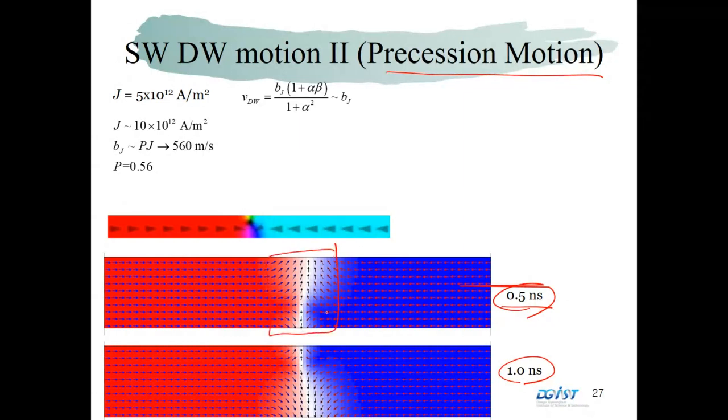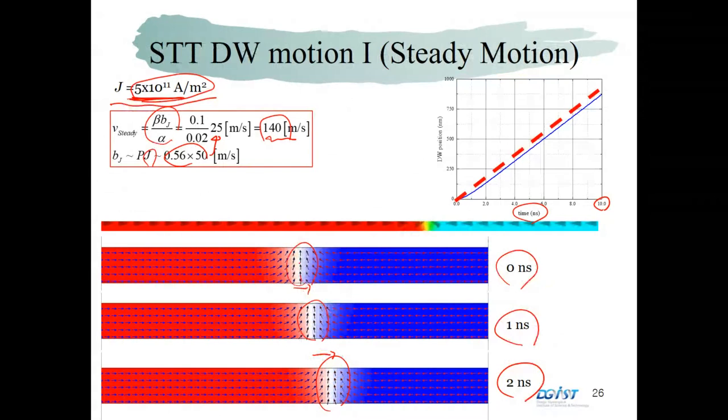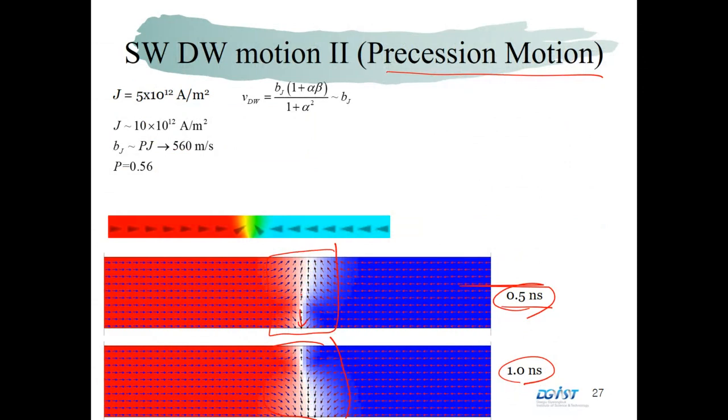As you see here, the domain wall structure is not that simple. There is more structure in the domain wall compared to the previous case. In the previous case, it's very simple; they are heading in this direction, simply. But here, there is some fine structure inside the domain wall, and it changes also. Because of the large current, which is larger than the Walker breakdown, we obtained a very large variation of the domain wall. And in this case, I applied this amount of current density, which corresponds to